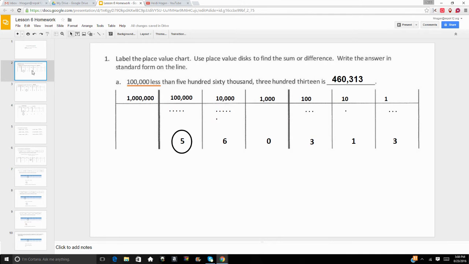So we did that: 1, 10, hundreds, 1,000, 10,000, 100,000, million. And then to use place value discs to find the sum or difference. So sum is the answer to an addition problem, and difference is the answer to a subtraction problem. So either the number is getting larger, more, or it's getting less, lower. So 100,000 less, and then we use our discs, our place value discs or digits, to make the number